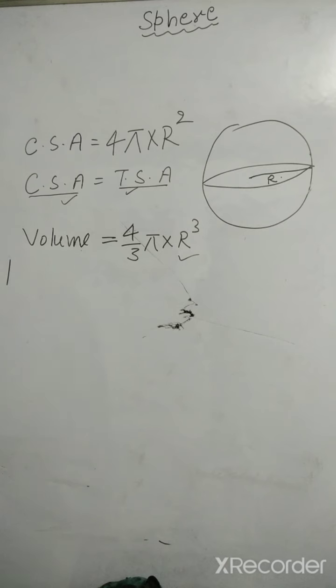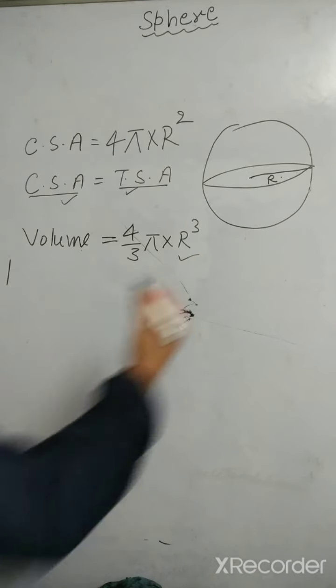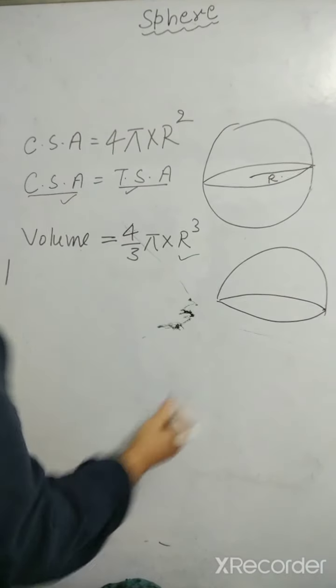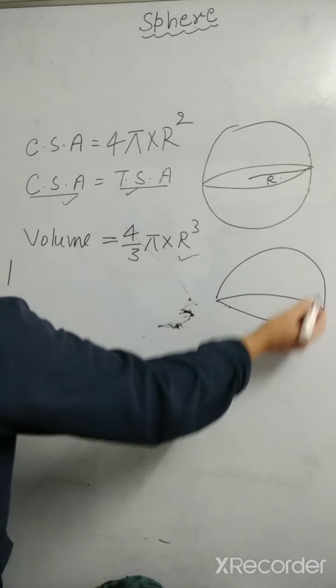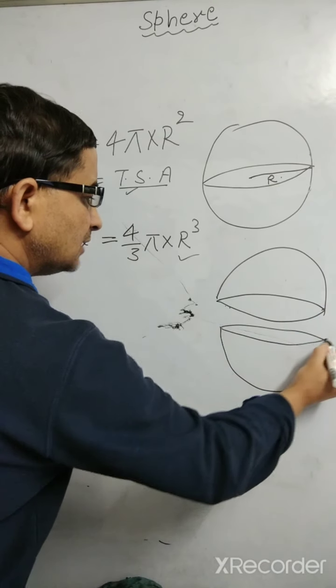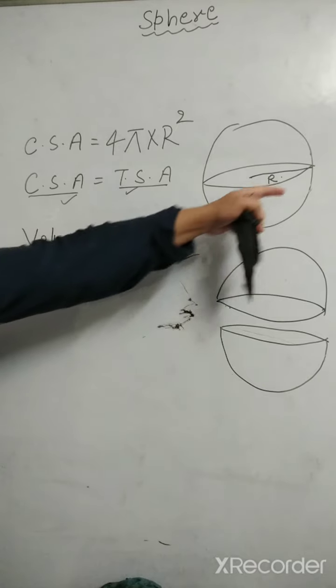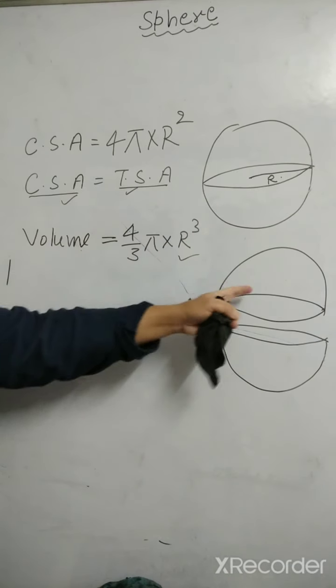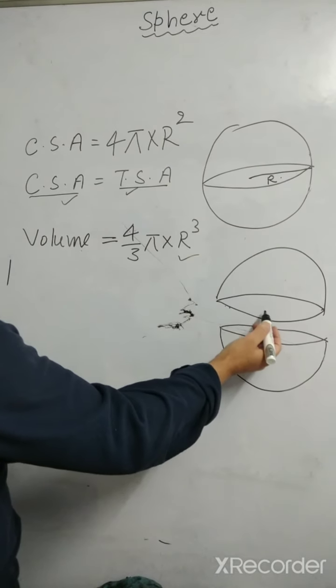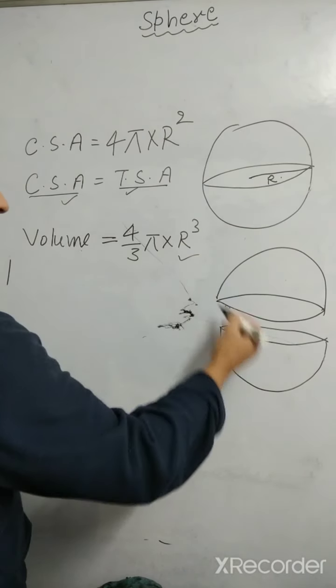This is simple. Now next thing is the hemisphere. Now I am going to tell you about what? Hemisphere. What is a hemisphere? Hemisphere means if we cut this sphere into two parts, each part will look somewhat like this. This is called a hemisphere, right? One part will be like this, another part will be like this if you cut it, right? So if you just cut this sphere from the center into two parts, each part is called what? Hemisphere, right?